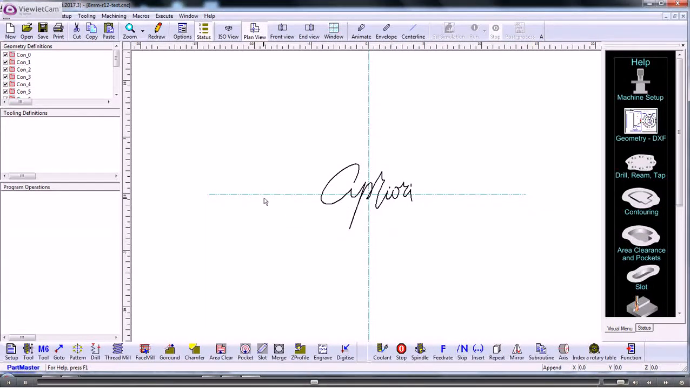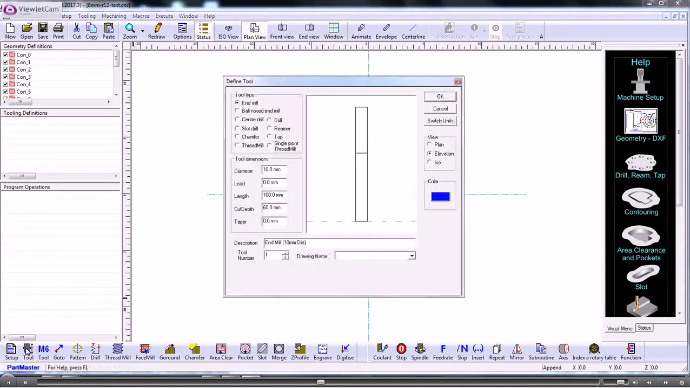Okay, so that's the graphics in the CAM system. So to produce the tool path, we define the tool. We're going to be using an end mill and give it a diameter. The length is however long the tool is, and the cut depth, normally this would be the depth of cut